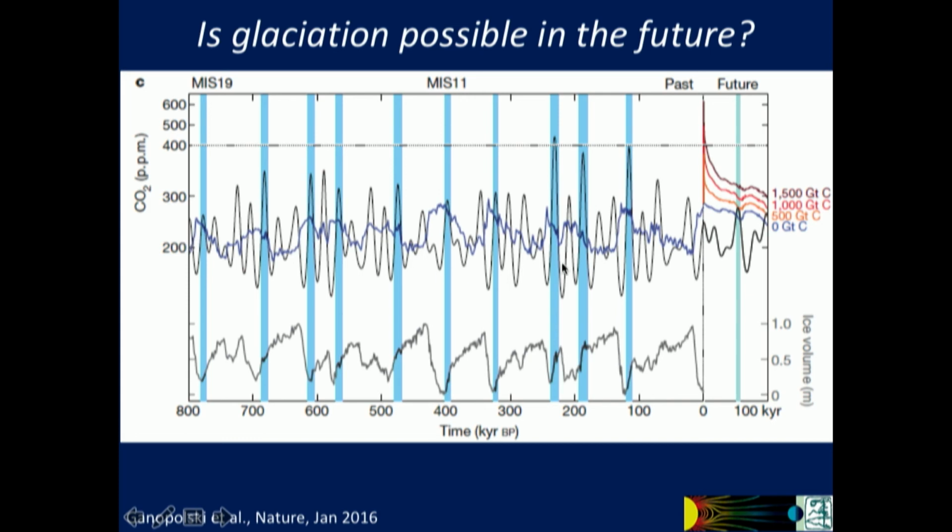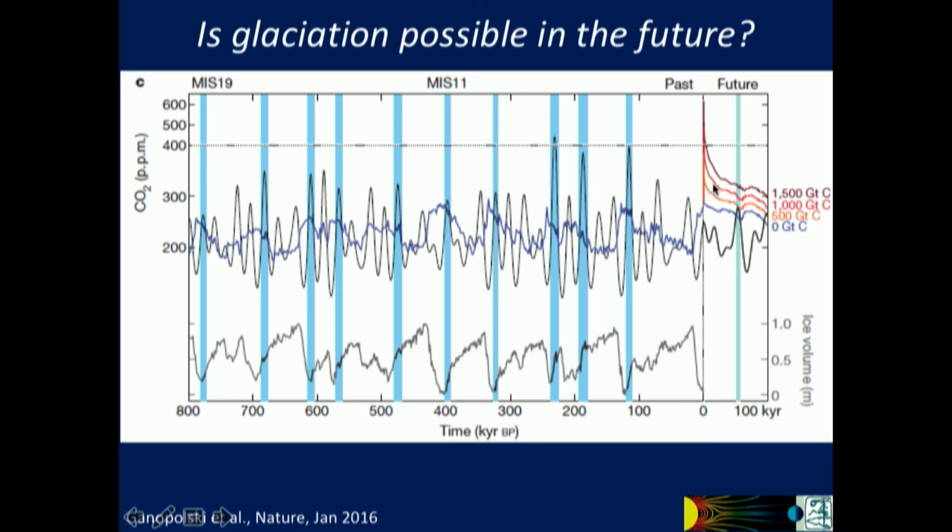So here is CO2. Here is ice volume, and here is how much CO2 we say we were going to put into the atmosphere: over 1,000 gigatons of carbon. If we stop emitting CO2 right now, let's say we stop at 1,000 gigatons, will we get to a glaciation? Nope. If we stop at 500 gigatons, I don't know if we can do that, because even if we stop,